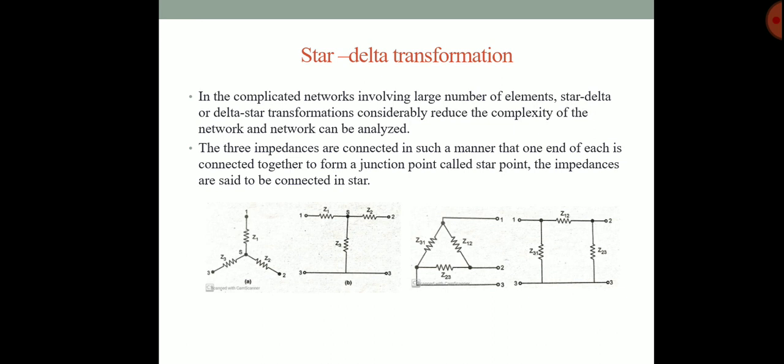Let us analyze the delta connection. Now consider the terminals 1 and 2. Find the equivalent impedance between 1 and 2, and then redraw the network viewed from terminals 1 and 2 without considering terminal 3. The impedance between terminals 1 and 2 is given by a parallel combination. The same is calculated for the two terminals of the equivalent star connection. For terminals 1 and 2, we can see the diagram. Terminal 3 is not connected anywhere, and so it plays no role in deciding the impedance between terminals 1 and 2.